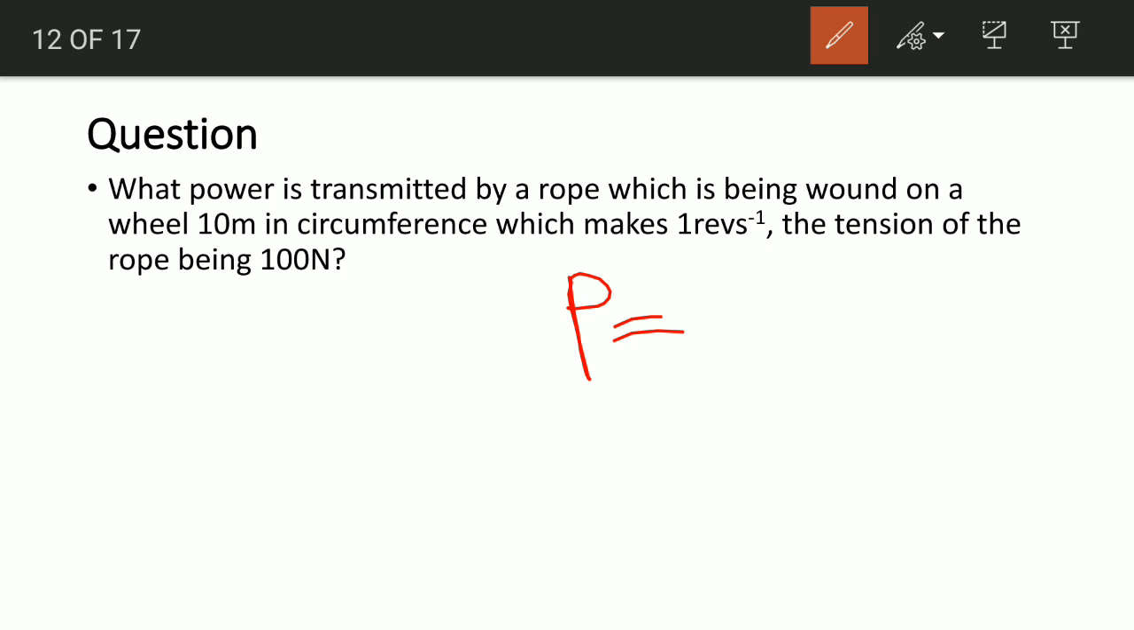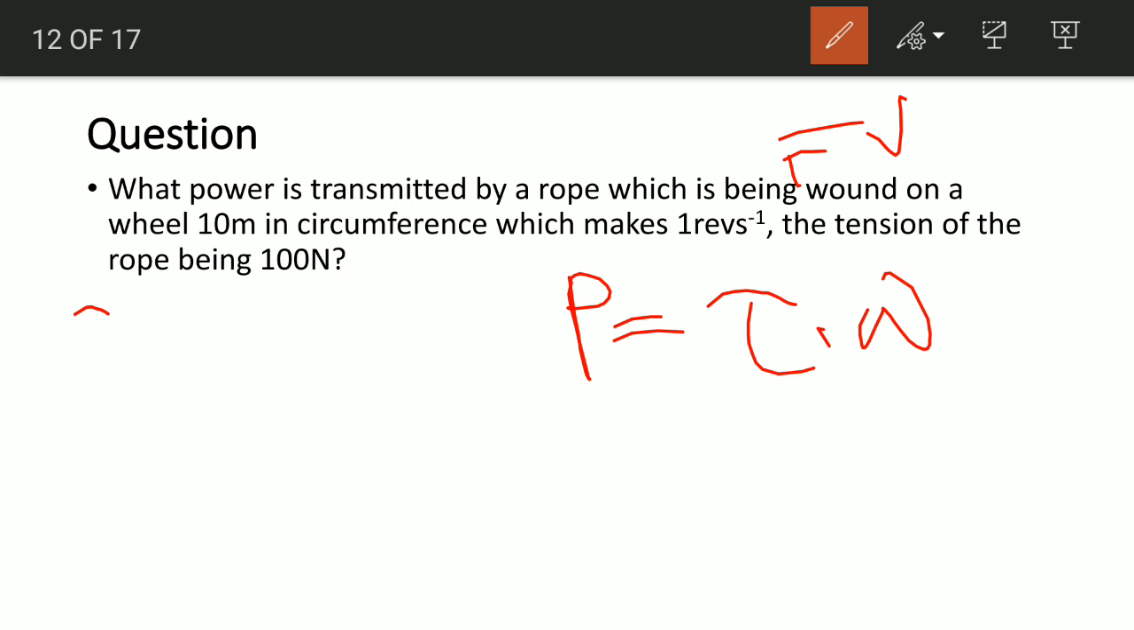Okay, we are looking for power. And what is power? Remember, if we are dealing with linear motion, power is force times velocity. But here now we can say that our power is torque times the angular velocity. Now, if you notice here, we are not given torque and we are not given angular velocity, but we know